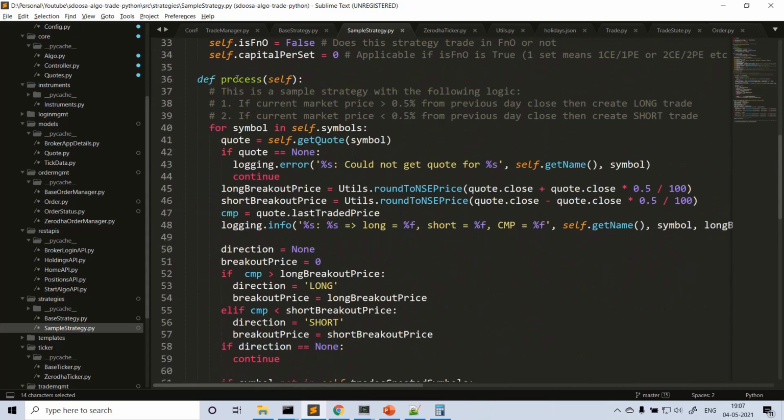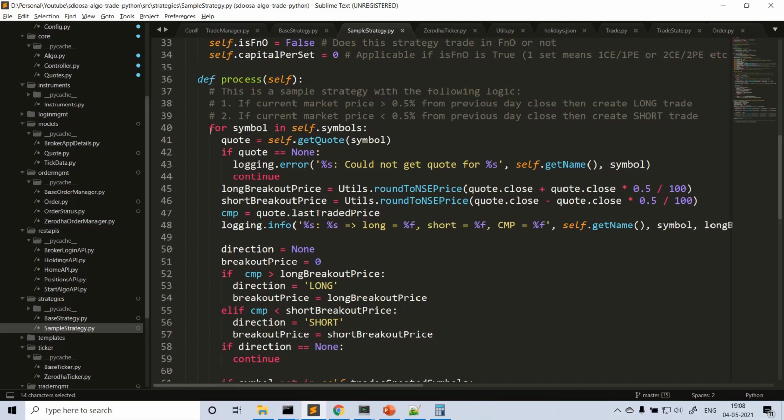So what is the logic process? I wrote some sample logic just for demonstrating or understanding purposes. I don't know whether this strategy works live or not. Of course, most strategies do not work. You will end in loss if you use this strategy. So it's some simple logic. I'm not fetching any candles here, basically. For that we need to subscribe separately with Zerodha, which charges 2000 per month for the historical APIs. For now, I'm just doing some sample logic based on the code.